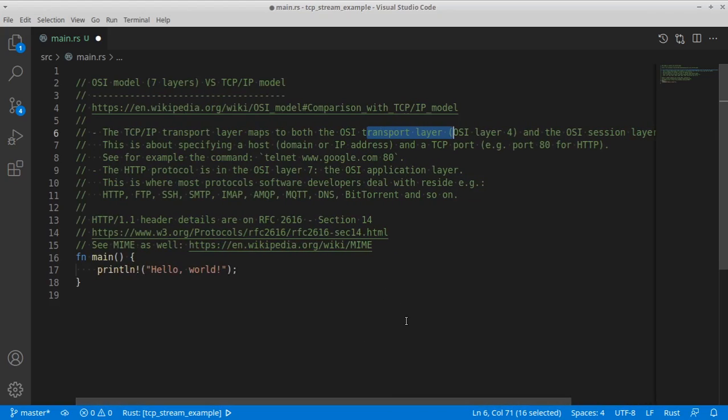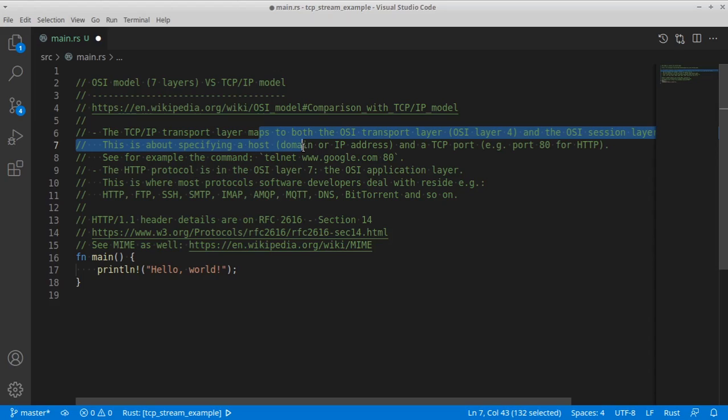This is about specifying an IP address or a domain and a TCP port, for example port 80 for HTTP and stuff like that. This is basically in between the hardware and the routers, modems, network interfaces and stuff like that,